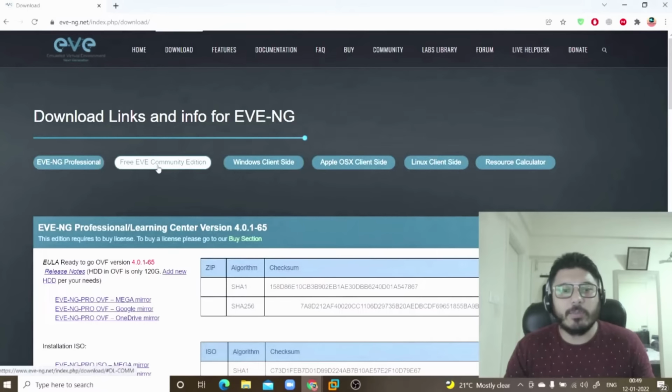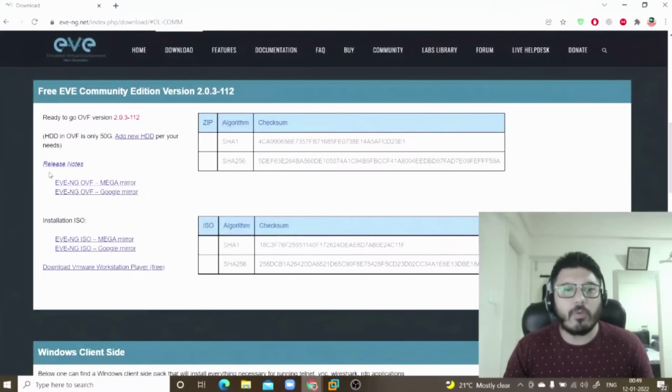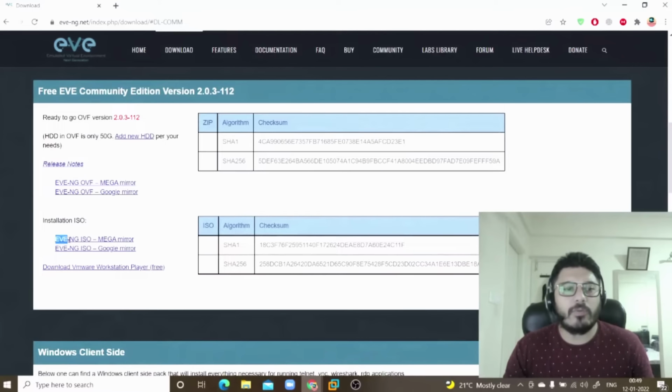Remember, this Community Edition is free and the professional EVNG is paid. So we have to download the EVNG Community Edition. Now here you get 4 links to download the Community Edition. 2 are for ISO and 2 are for OVF files. So I would suggest you to go for OVF file, because this is like a template and it just needs